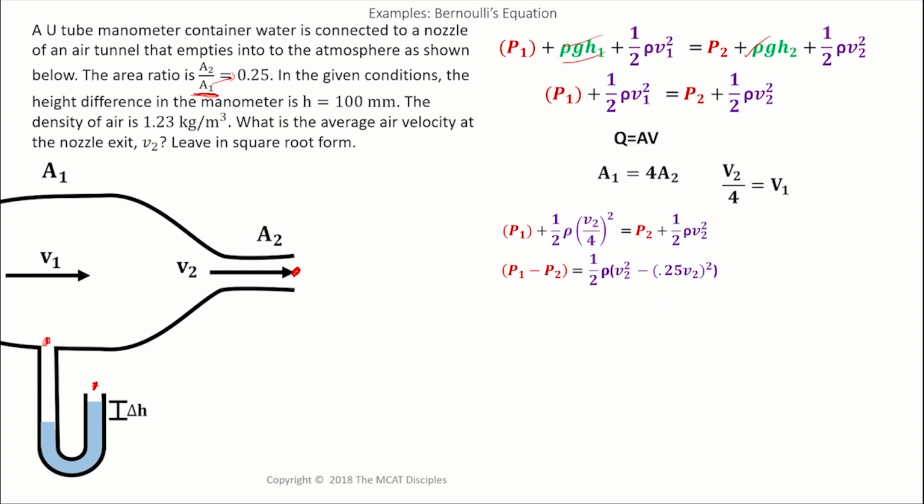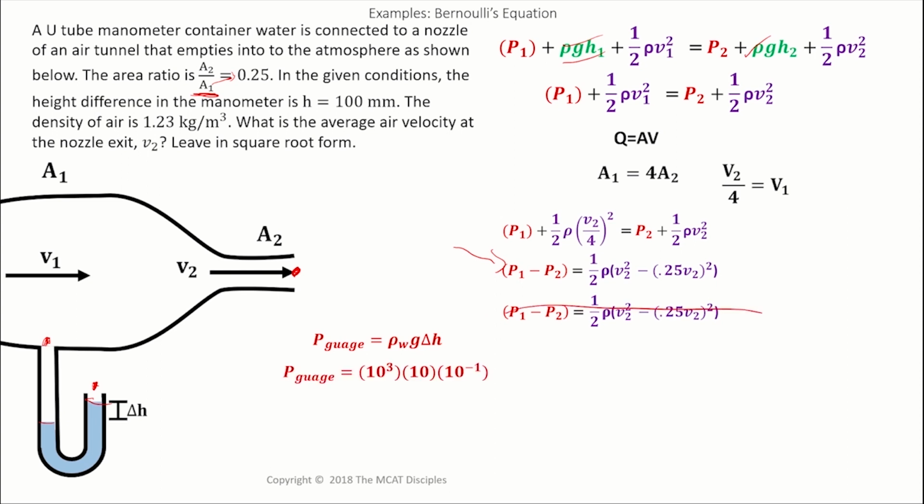Anyway, this here is the gauge pressure. And we know what the gauge pressure is because we have this thing here. So we can figure out what that is. I'm sorry, I put this twice. P gauge is equal to rho water g h. And then the gauge pressure, again, is just these values that we have here: the density of water times 10 times height. Notice we're not using the density of air. The density of water, because the water is what's in the manometer here.